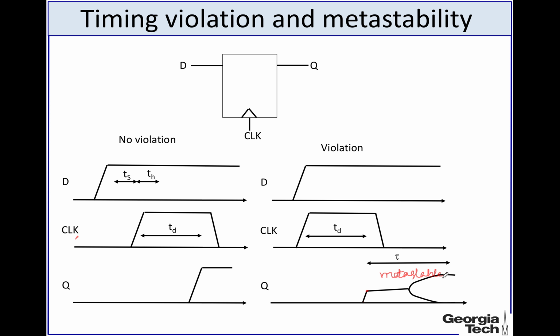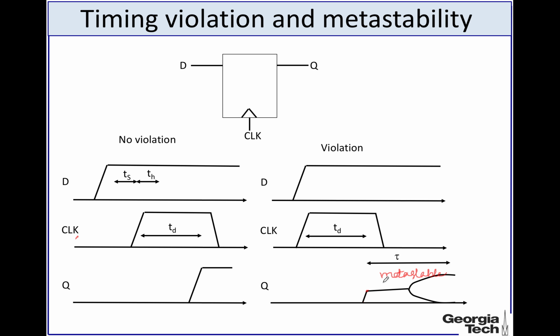If it does not go quickly to the 0 state or 1 state, this metastable state will propagate into whatever this Q feeds to. This VDD by 2 state will propagate through the entire logic block and really mess up the entire digital system. So the goal